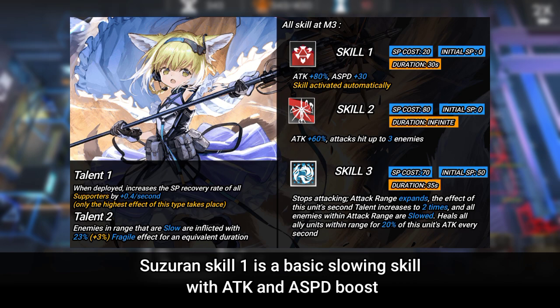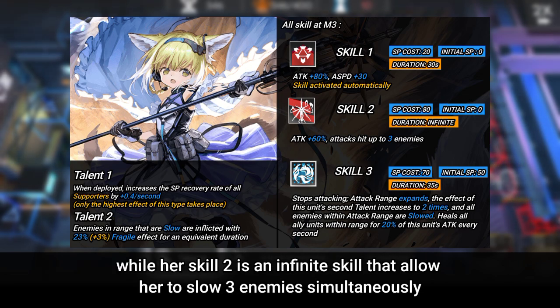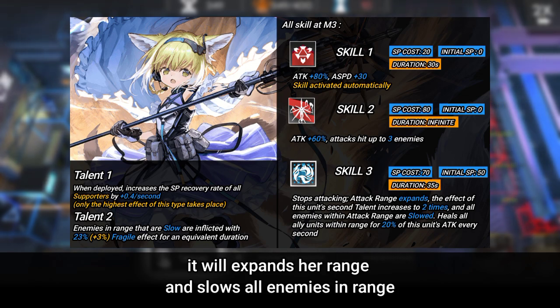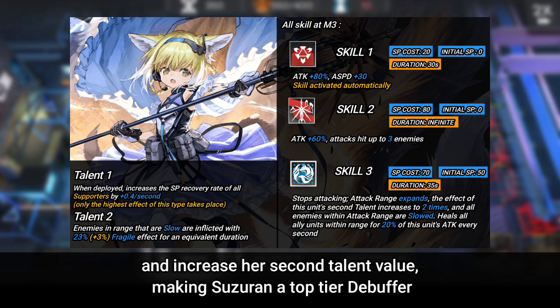Suzuran's skill 1 is a basic slowing skill with attack and attack speed boost, while her skill 2 is an infinite skill that allows her to slow 3 enemies simultaneously. But the most interesting skill that Suzuran has is her skill 3. It will expand her range and slow all enemies in range, and increase her second talent value,